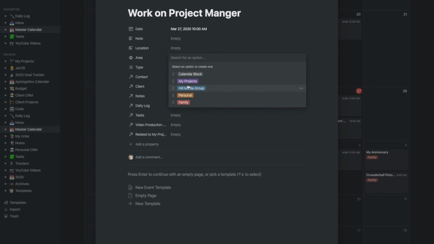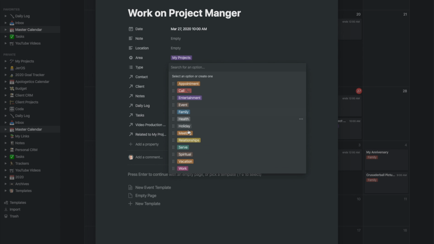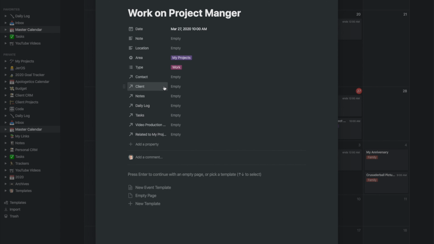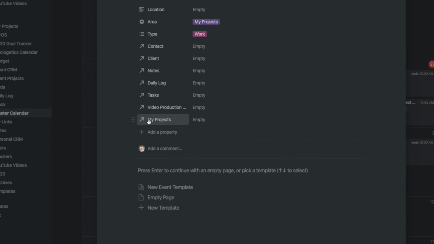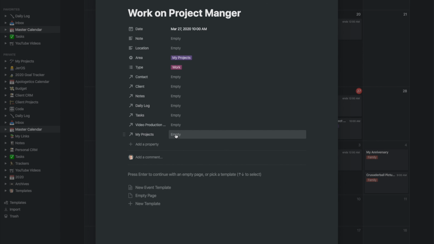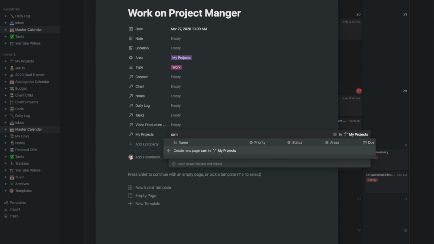I can choose, and this is my calendar now. This is not the project manager. So we'll call this my projects, and I can choose work or whatever. And you can see here that there is related to my projects in here now. Now I want to change this so that it doesn't have this long entry. I just want it to say my projects. And so let's go ahead and change the name of my projects. And now I can actually relate this to the sample project